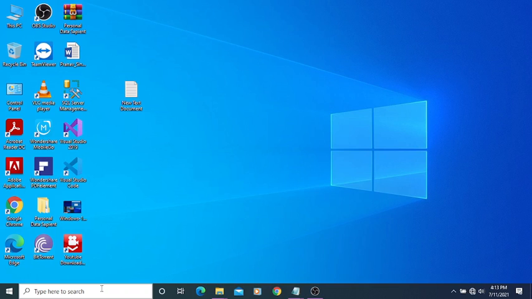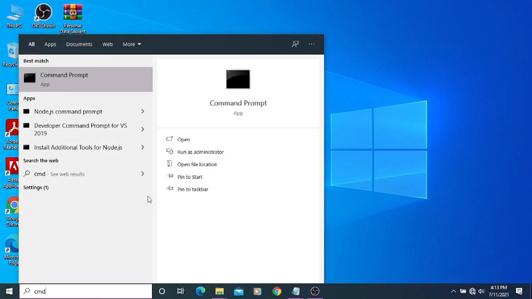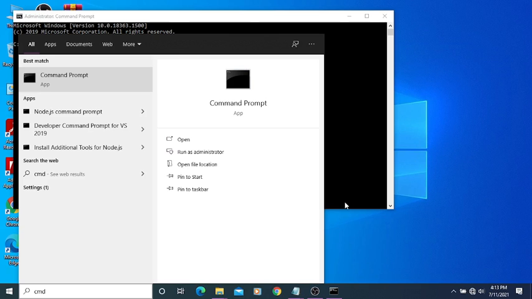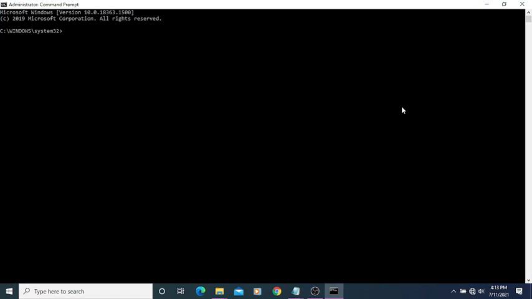It's the same process. There are no changes. First, just search CMD in the search box. After that, click Run as administrator and click Yes. So one pop-up CMD window will open.